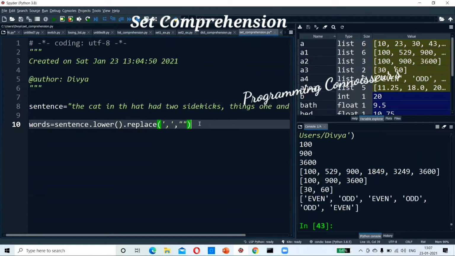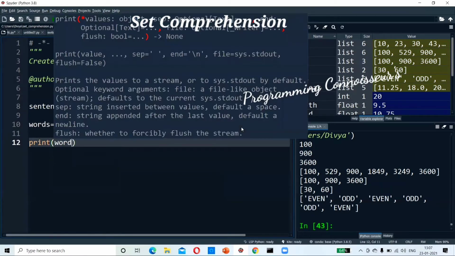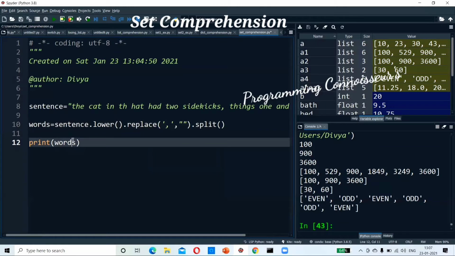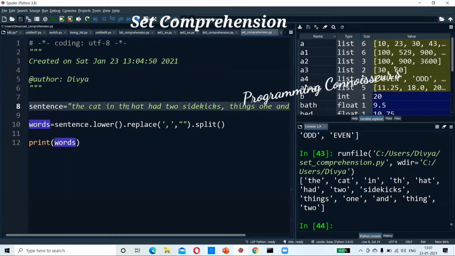Now what is our point? I want to do a split. That's why we should see the string class, so that these are all related to string class methods. Now we print a list of words in the sentence. We have duplicates. In the spelling is wrong.